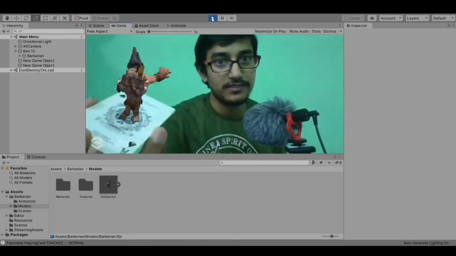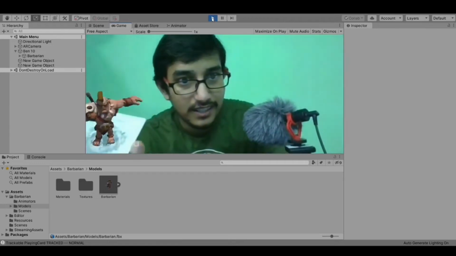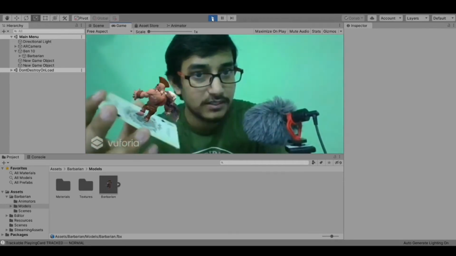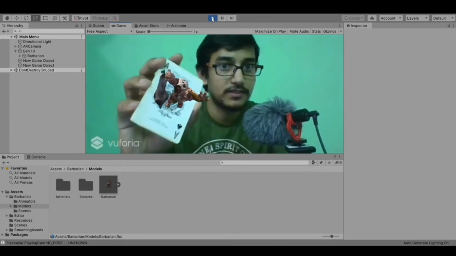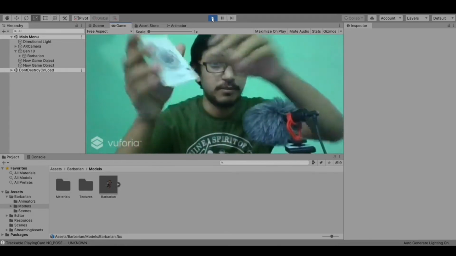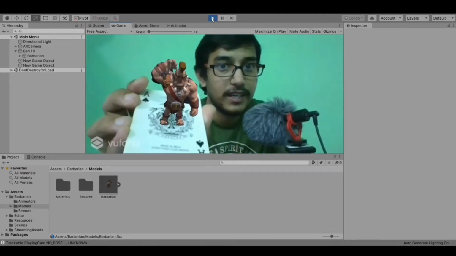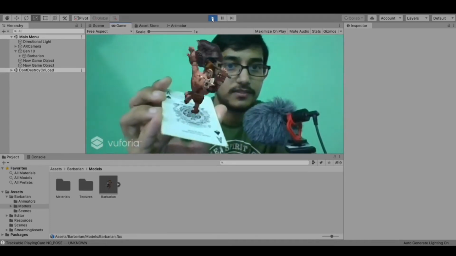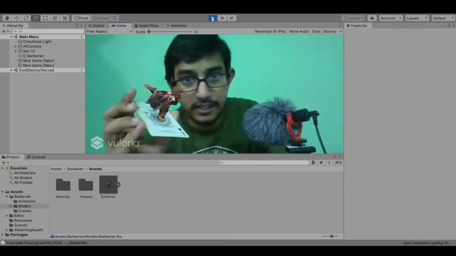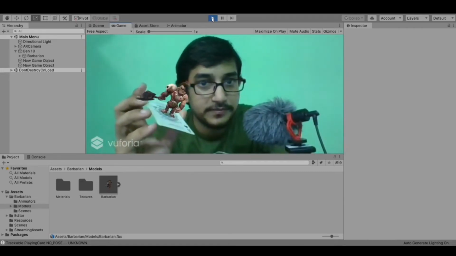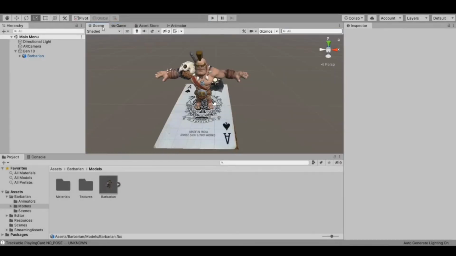Here you can see this was the app that I showed yesterday, and that's how we do it. So you can see the model is moving along with the image target. Have I held it upright? Okay, this is it. So this was the first AR app that we created. Okay, you can see it, and if you have any doubt, comment out. We hit the stop button and go back to our scene.